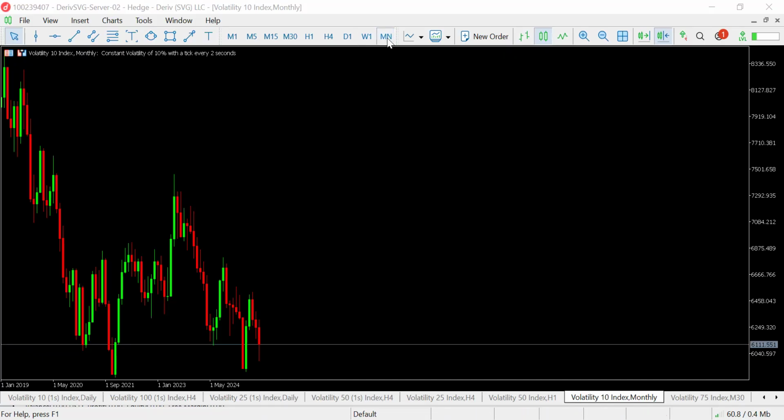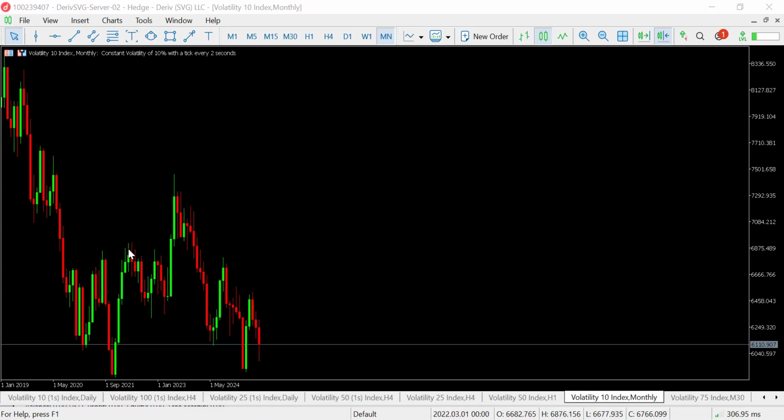So currently I'm on the monthly time frame of this particular index, and all I always try to do from this time frame is get my directional bias, mark out my key zones, but basically get where I feel the market is headed currently. Just looking at our chart, you can see that this index has been making a series of lower highs and lower lows. It's made a lower high, lower low, then